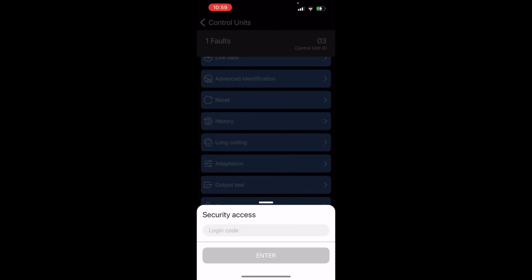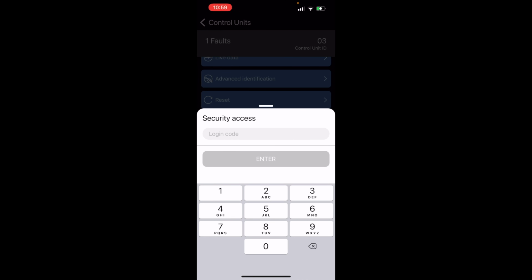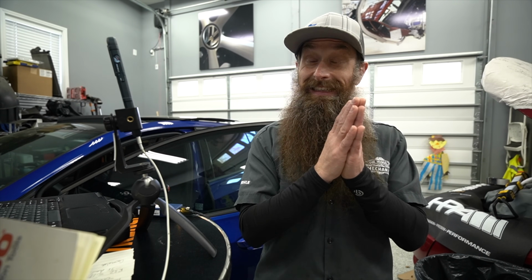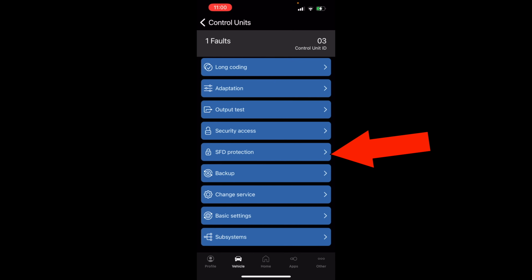Security access, if there was a login, it would pop up. There are a couple modules that they have the login cracked for it. Here's the big one, right? This next part is really today why you either kind of need OBDeleven or you need both. I have both. I will probably continue to use both, but this here with SFD makes OBDeleven worth the whatever